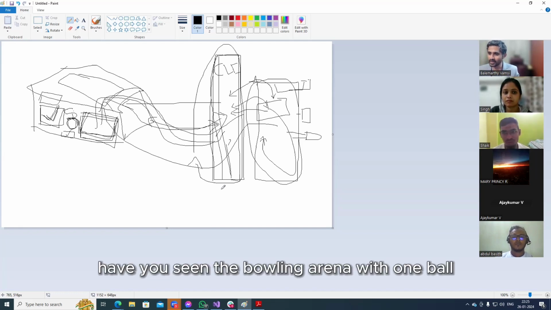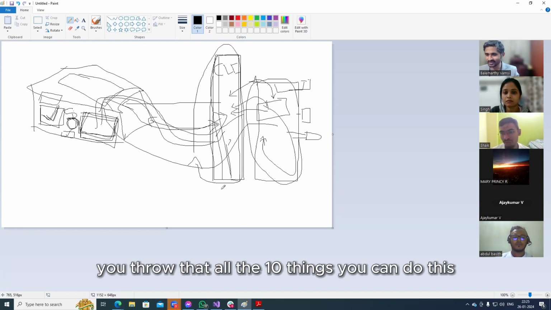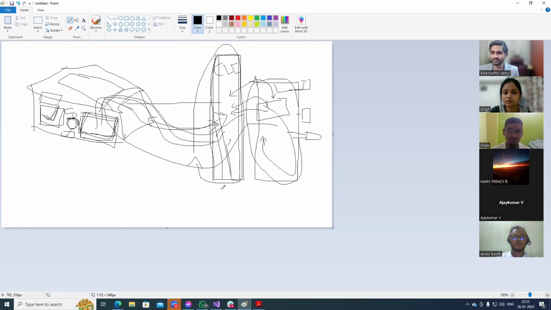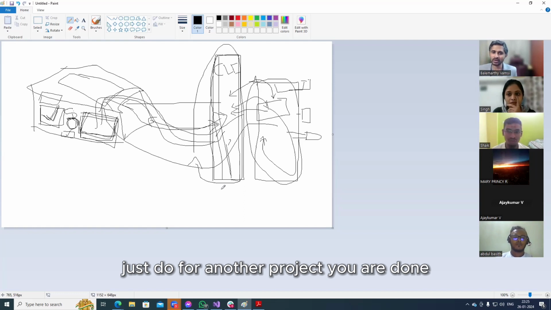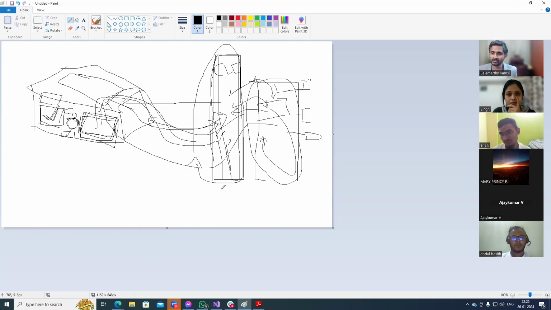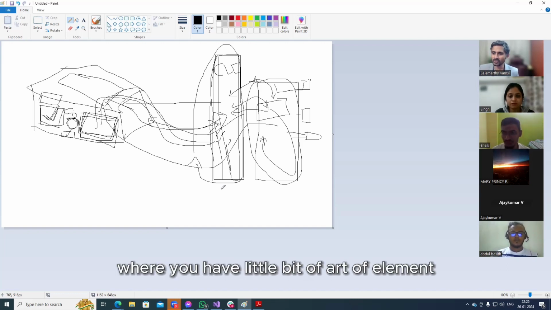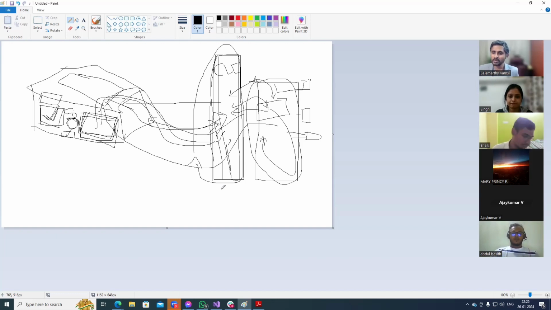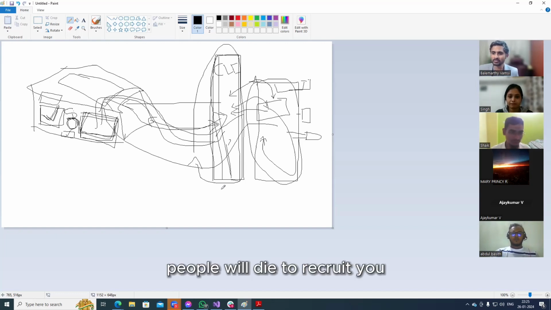Have you seen that bowling arena? With one ball you throw down all the 10 pins. You can do this. Rinse, repeat for one project. Just do it for another project. You are done. And in another project where you have a little bit of art as an element also, people will die to recruit you.